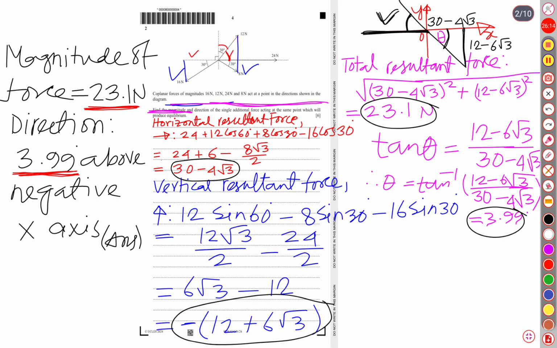After that we found the angle where it is lying. For that we applied tan theta, because we have the vertical as well as the horizontal component, so tan theta serves better. After that we wrote the magnitude of the additional force, and the direction of the force is 3.99 degree